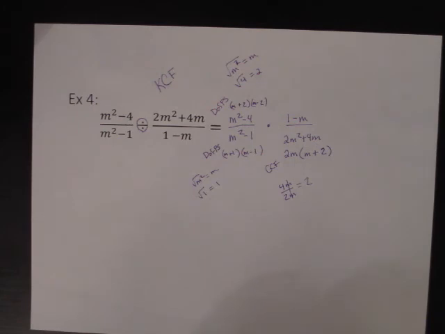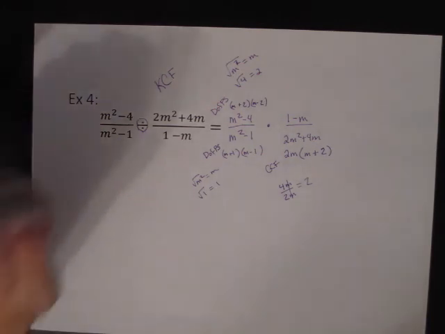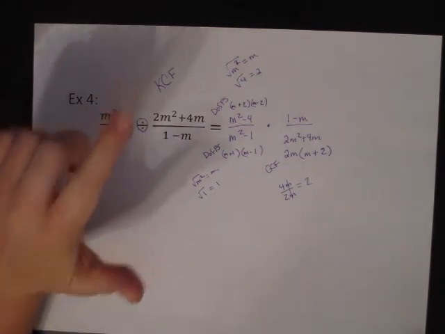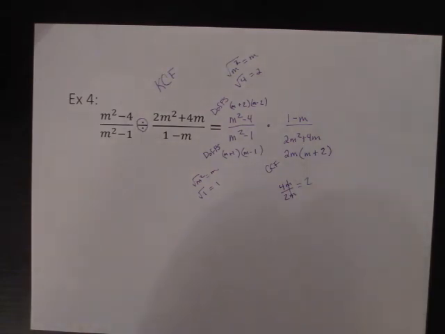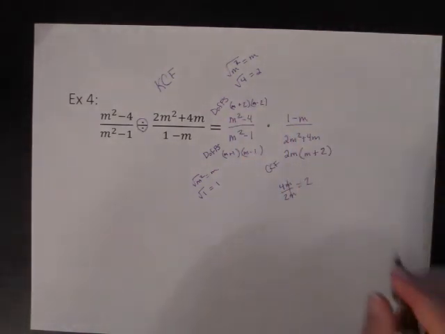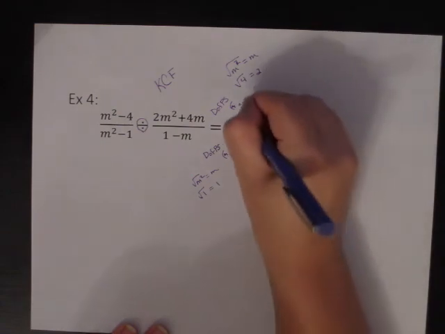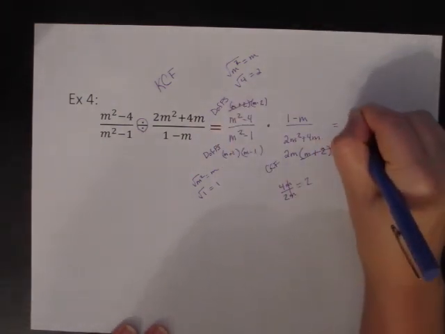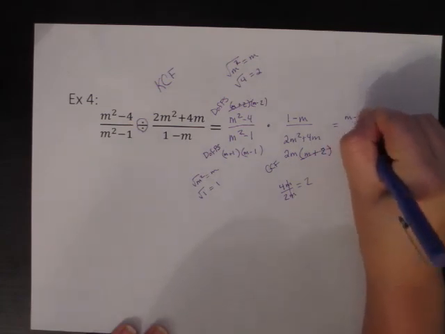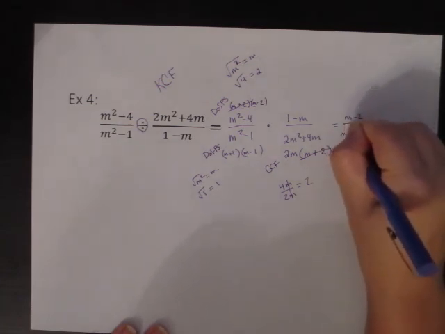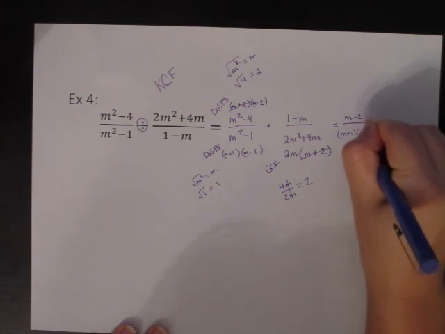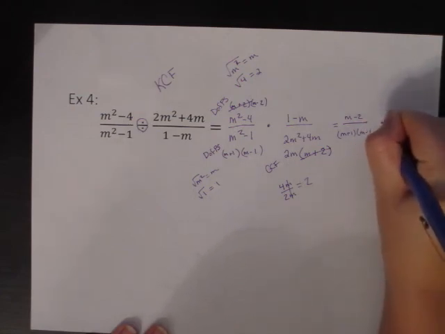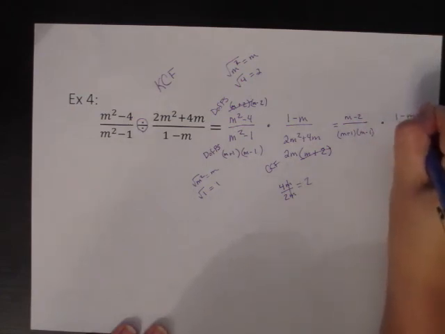Okay, so I factored as much as possible. So keep, change, flip, I factor it. Now I get to cross cancel. From top to bottom, I see that the m plus 2 can definitely cancel out, and that's it. So I'm going to rewrite it to make it cleaner. So I got (m minus 2) over (m plus 1) times (m minus 1) times (1 minus m)